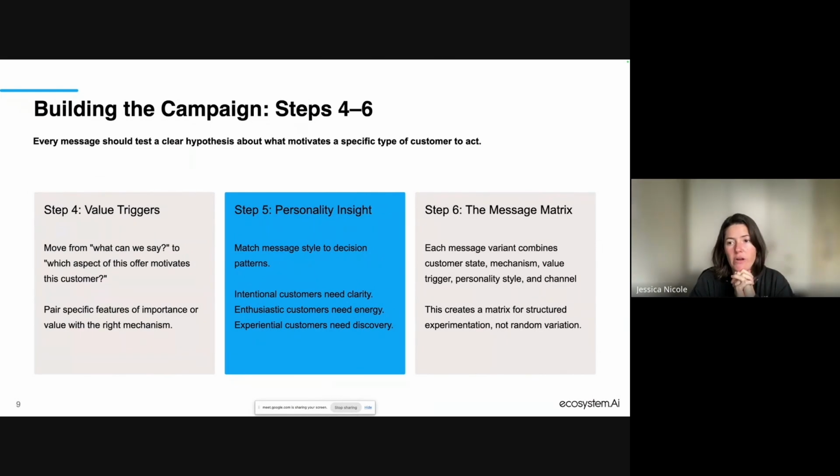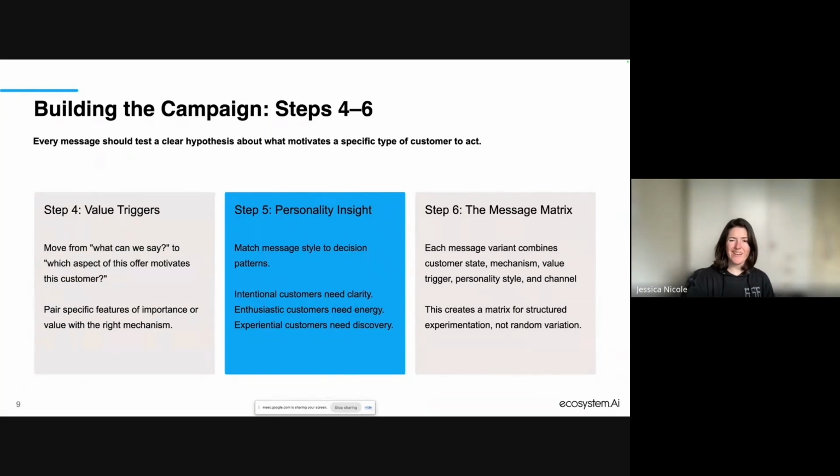Now, step 5 is very much within the ecosystem AI space, and this is to pair all of this with personality. This personality pairing is actually vital to the entire process, because you can come up with mechanisms and a number of different levers that come from behavioral design, and you can just put it out there. But without knowing the personality of the individual that will be receiving this, you can't point the right mechanism into the right place.